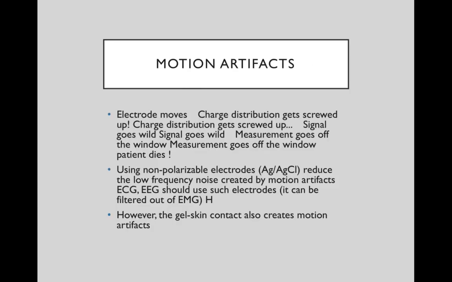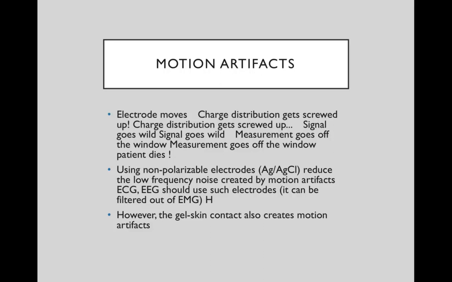So motion artifacts occur because electrodes move, and the charge distribution when electrodes move gets screwed up. And so when the charge distribution gets screwed up, the signal goes wild. When the signal goes wild, the measurement goes off the window, and of course, the most extreme case is if the measurement goes off the window, the patient dies. This little slide is from a guy named Ravi Polakar, who was at Roland University. You can find it on Roland's website, and I like his sense of humor, so I included his slide on